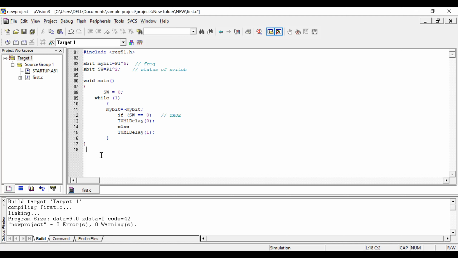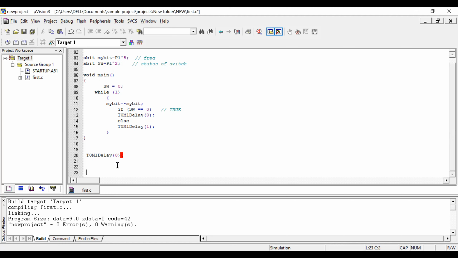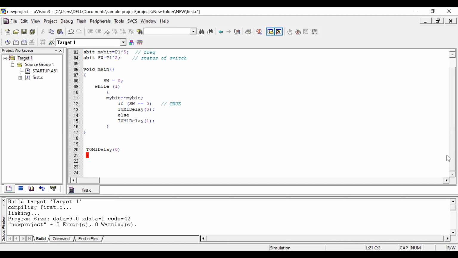This delay you can have for 500 hertz. This particular function is not going to have a return value, but it is passing some value.